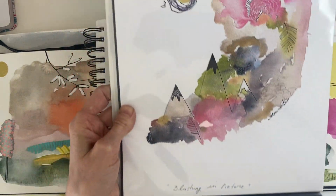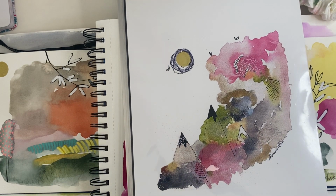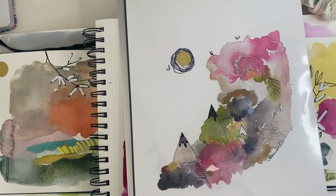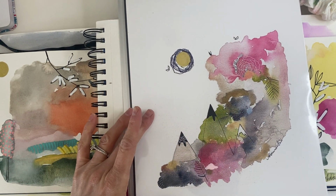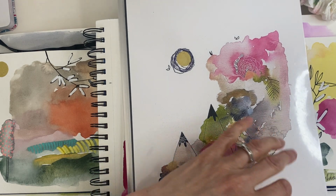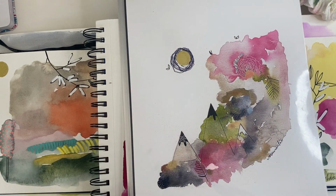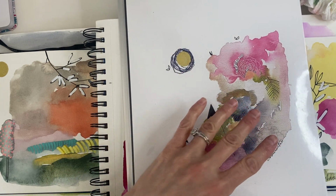So this is an example of Blushing in Nature, my mountain painting. In my mountain paintings, I use a lot of blank space. You can see other mark making elements that I use in here that we've talked about, like the polka dots, the leaves. I use a lot of botanicals, the round moon mixed with the organic abstract nature of the